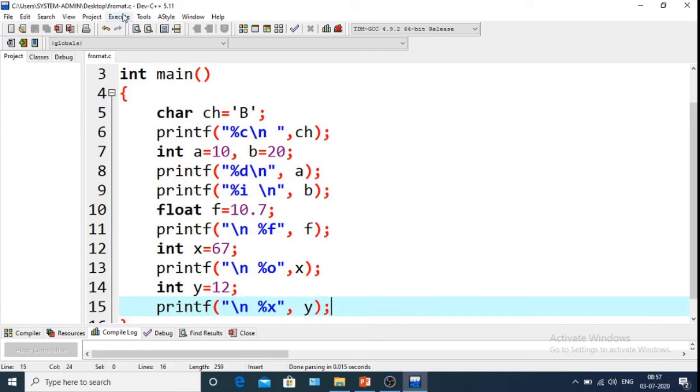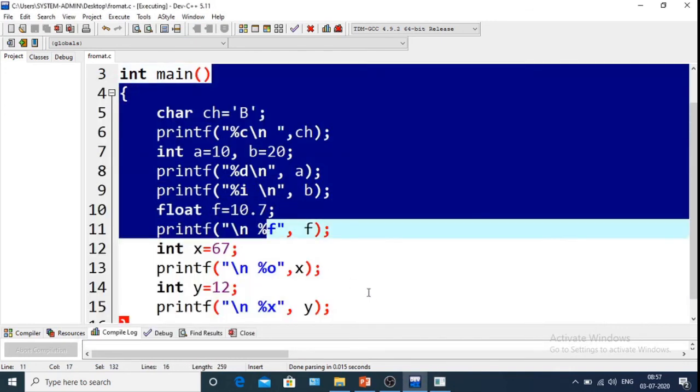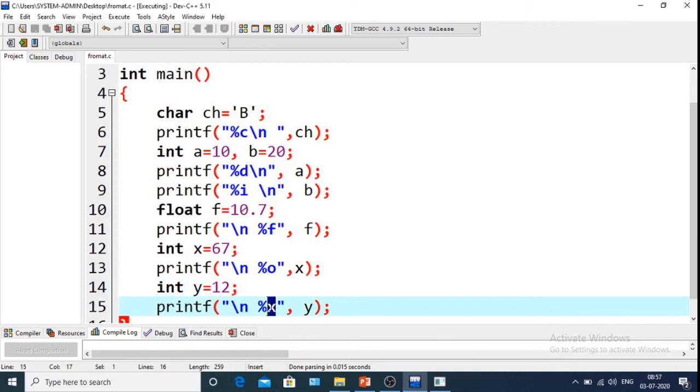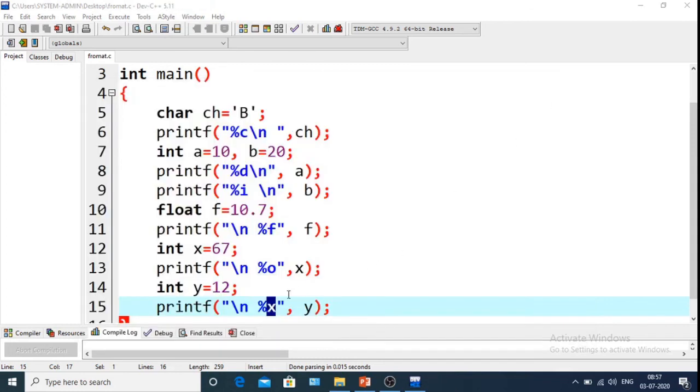Saving it, now executing it. As you can see, we have used small x in the format specifier. That is why it printed c in small letters. Let's give it as capital X and see what will happen.